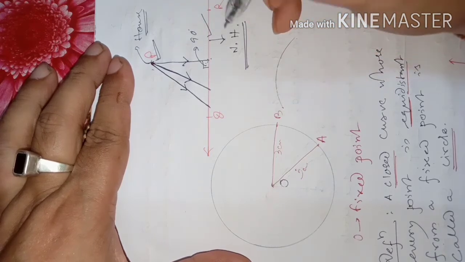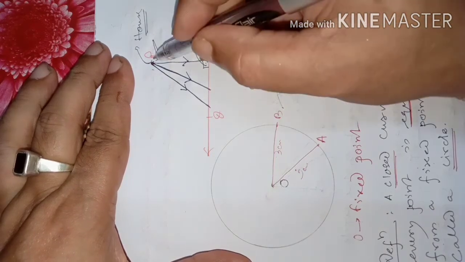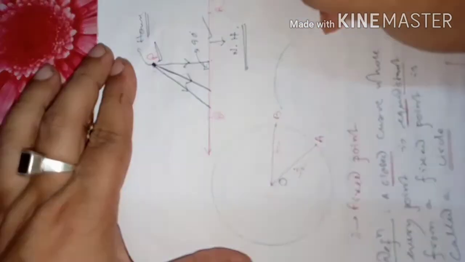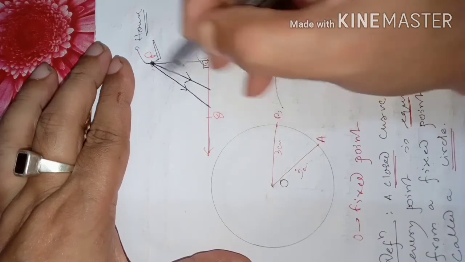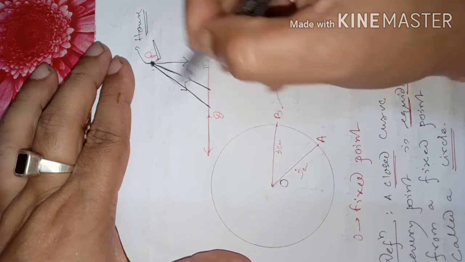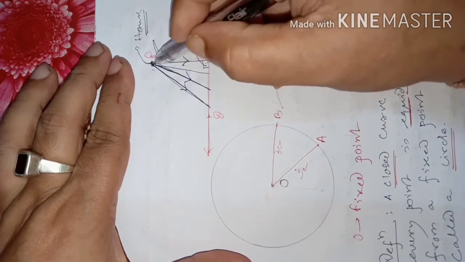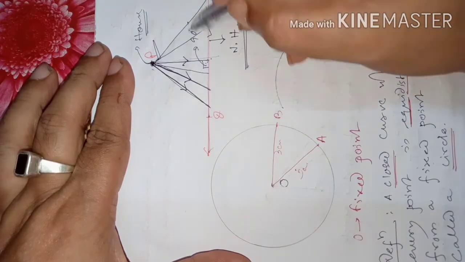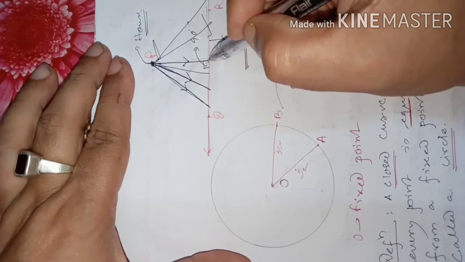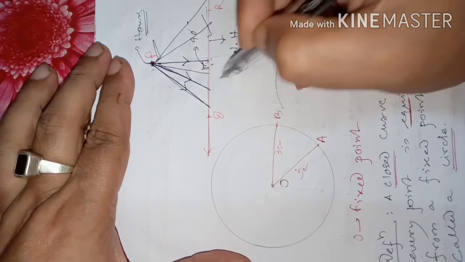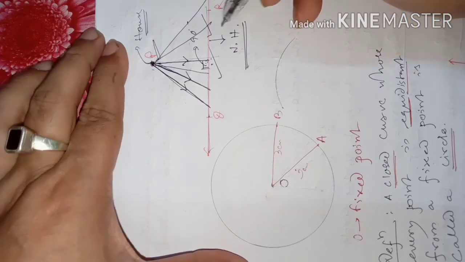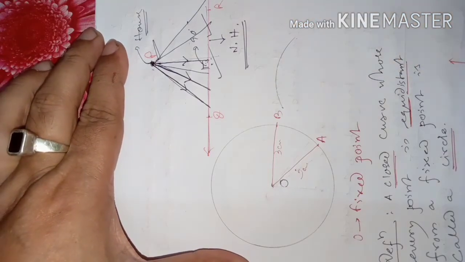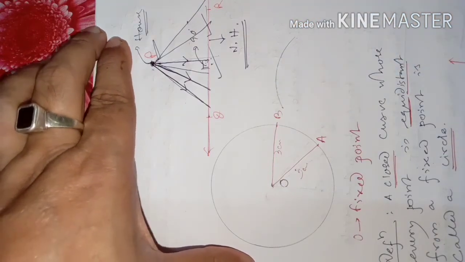We have got this statement in class 9. Shortest distance of a point from a line is perpendicular distance. Means if I come from this place to this line, I can come this way, again so many ways are there like this. Among all these lines, the shortest one is this one, which is perpendicular. That proof was there in class 9 in one of your chapters, that is triangles. So you just recall that. If you have got the class 9 book, you see that.